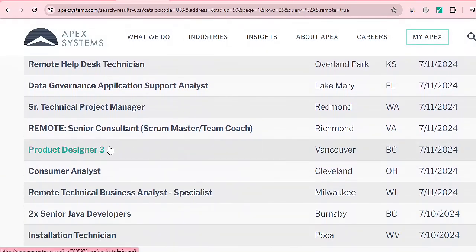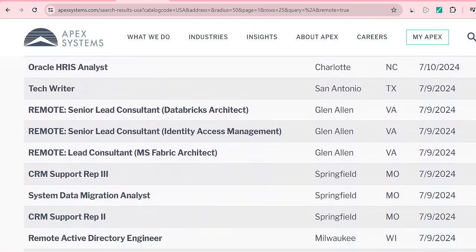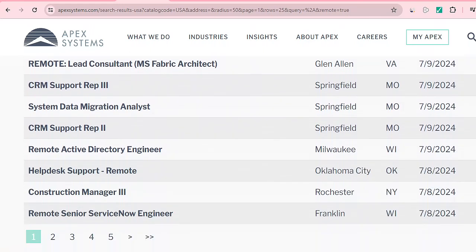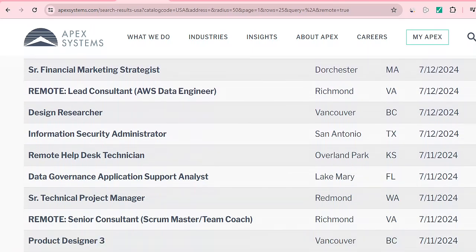and you can see most of them are here. You can see when you have remote senior consultant, right, customer analyst, there are quite a number, remote technical business analyst, tech writer, name them. So there are quite a number, right? So you just have to select the one that you can be able to do. Like for example, we can go with